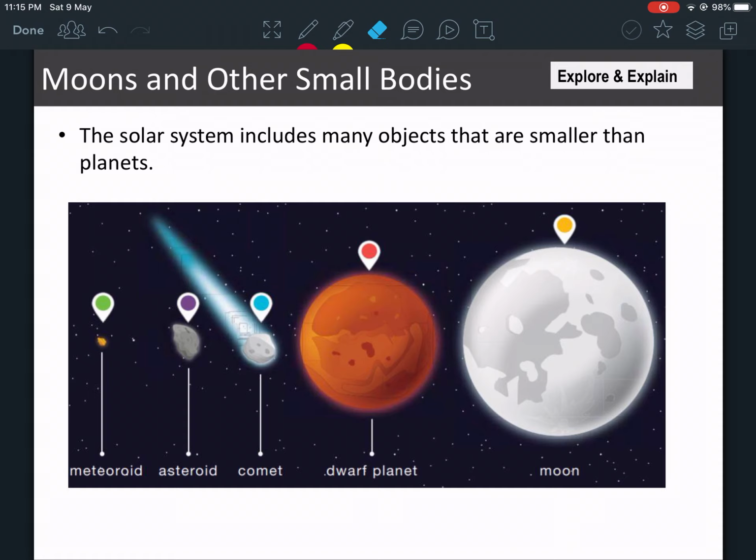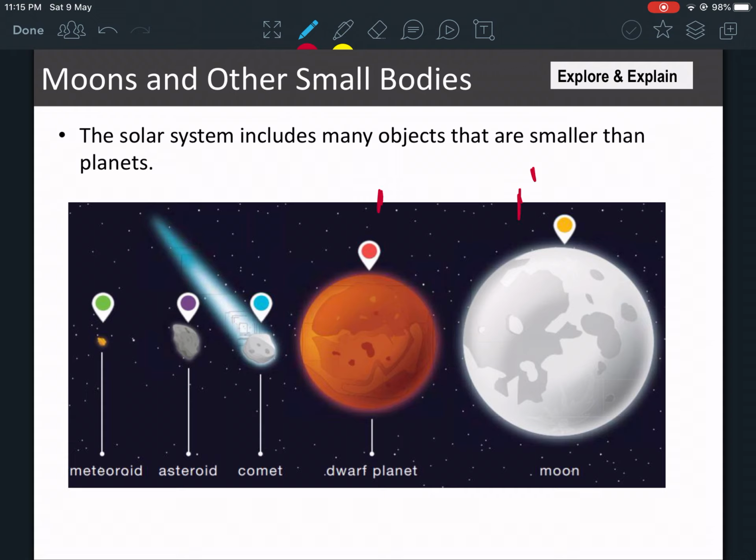Okay, so now we're going to talk about the other celestial bodies that we can see in our solar system. So we have meteoroids, asteroids, comets, dwarf planets, and moons. Now what you need to know here, the difference between a moon and a dwarf planet, is very important,